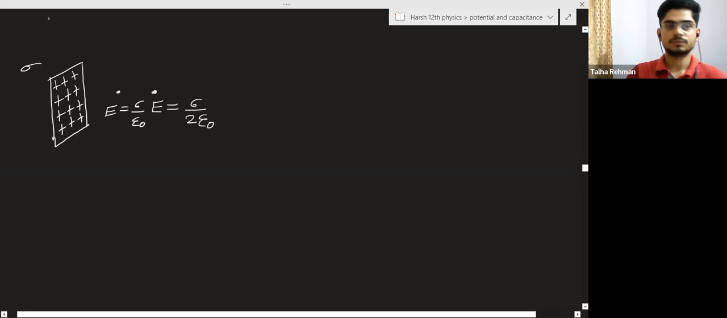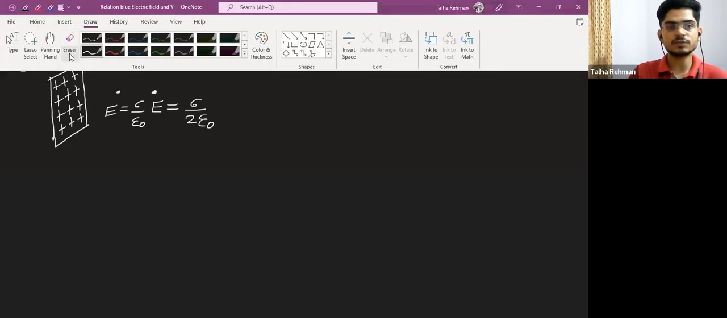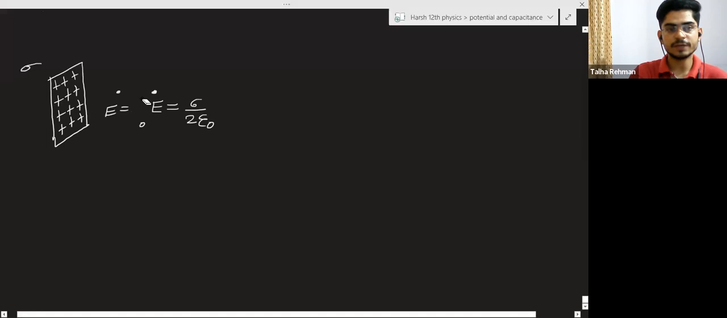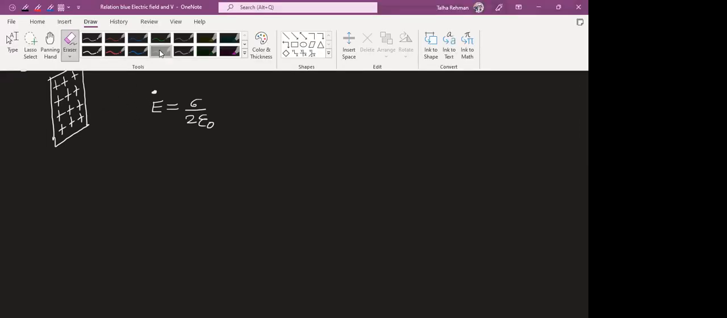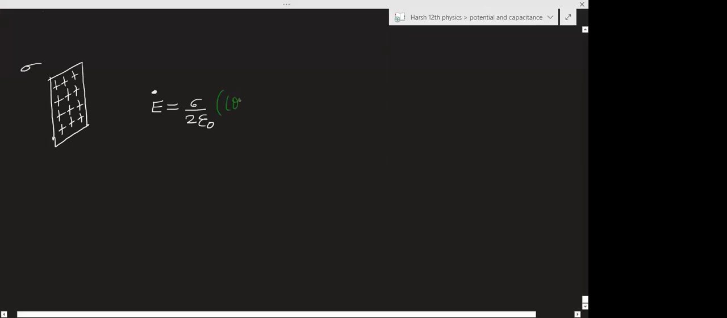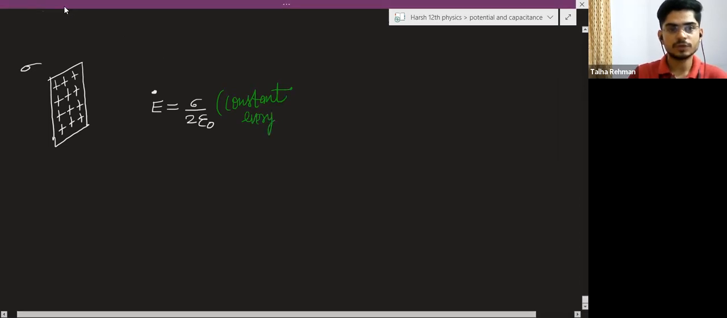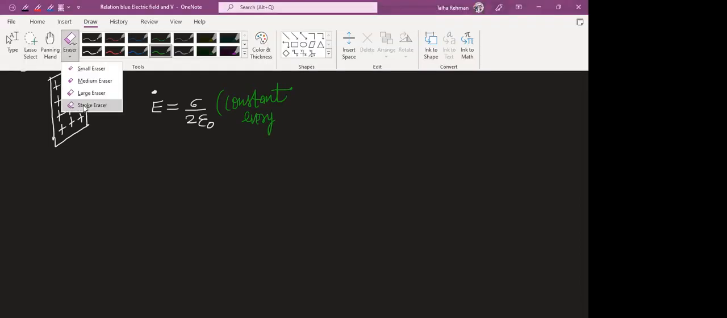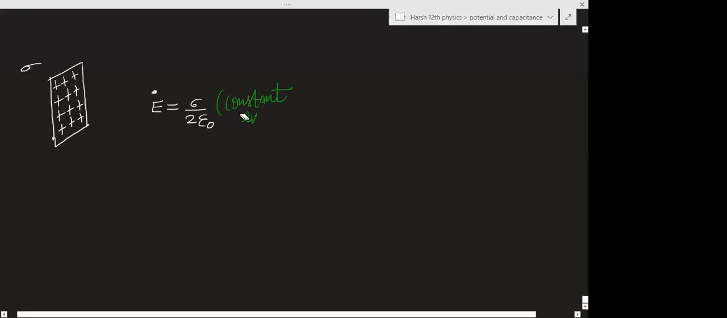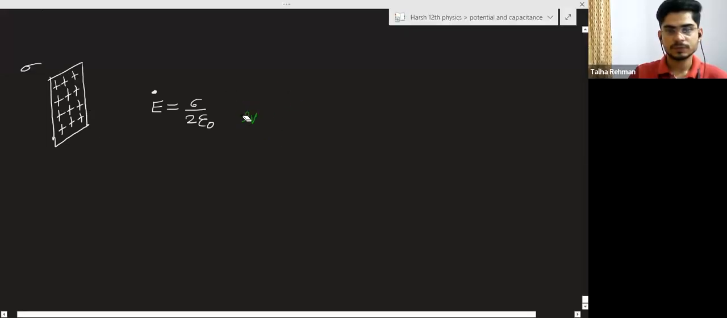So the electric field is constant near this plate. You can note this down: constant near the plate. So sigma by 2 epsilon naught, this will be E. And if